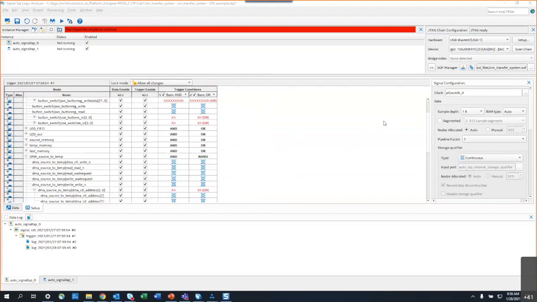However, you have to add some IP on both sides to make it work. So you have to add certain signal tap and some special IP in the PR region, and you have to add some special IP in the static logic, the logic that doesn't change, so that they'll be able to communicate when signal tap is there. So it's a little bit trickier, but it is possible to debug logic in a partial reconfiguration region